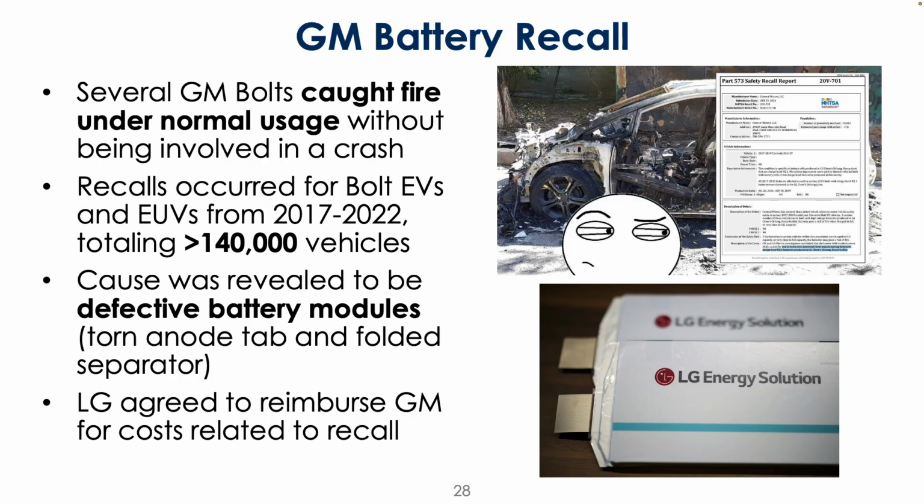There's a separator there that makes sure it's kept physically separate from the cathode, and the stamping process to do this was not happening correctly. And so you'd have these defective battery modules that could spontaneously leak electrolyte and lead to thermal runaway